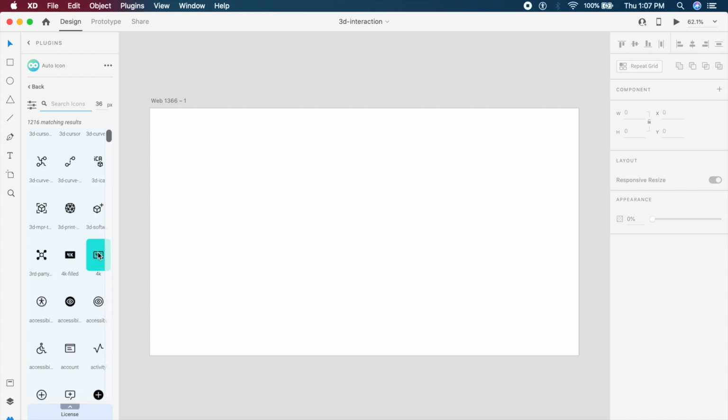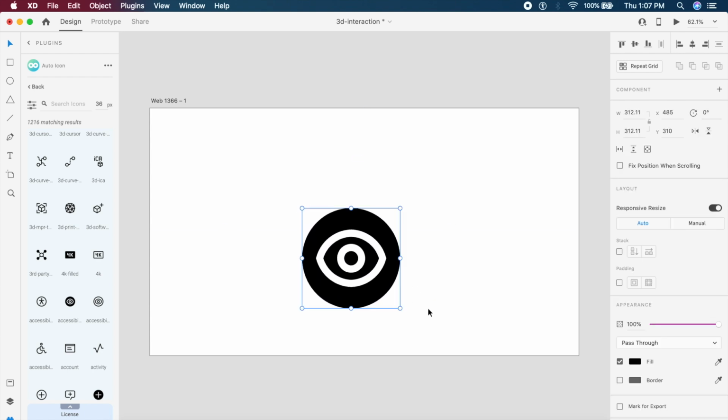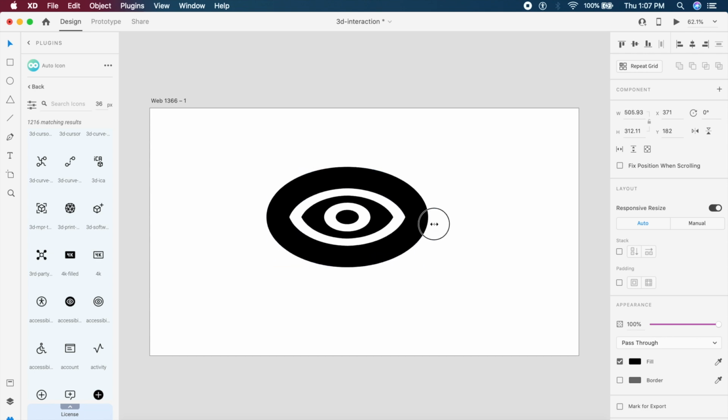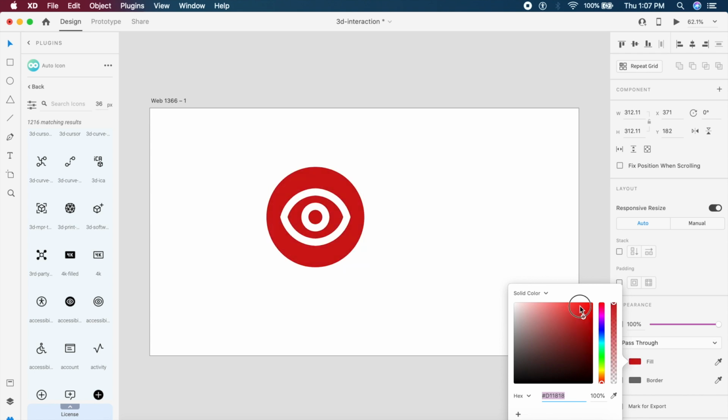To insert any icon, I can just copy or I can just drag it out anywhere on the artboard and it will place it just there. I can then adjust it depending on the size, and since it's an SVG, it will not pixelate. I can always change the color from the color palette on the right. Again, the advantage of using an SVG. I can always change it to a linear or a radial gradient as well to give it an added effect.